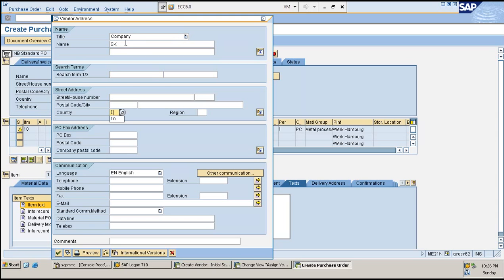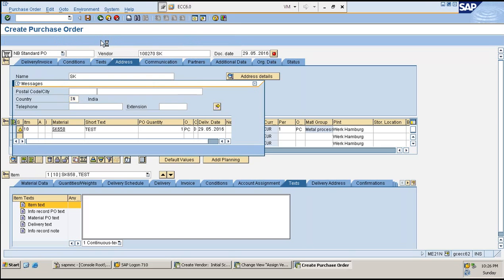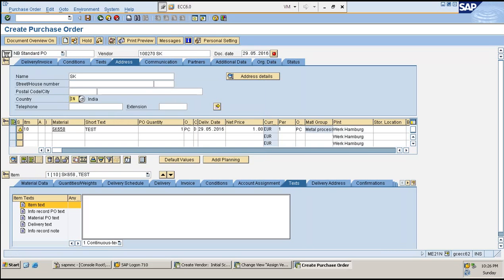I'll just enter it across also. Okay, please enter name, city, location, and country. What name, what city, what location, and what country.